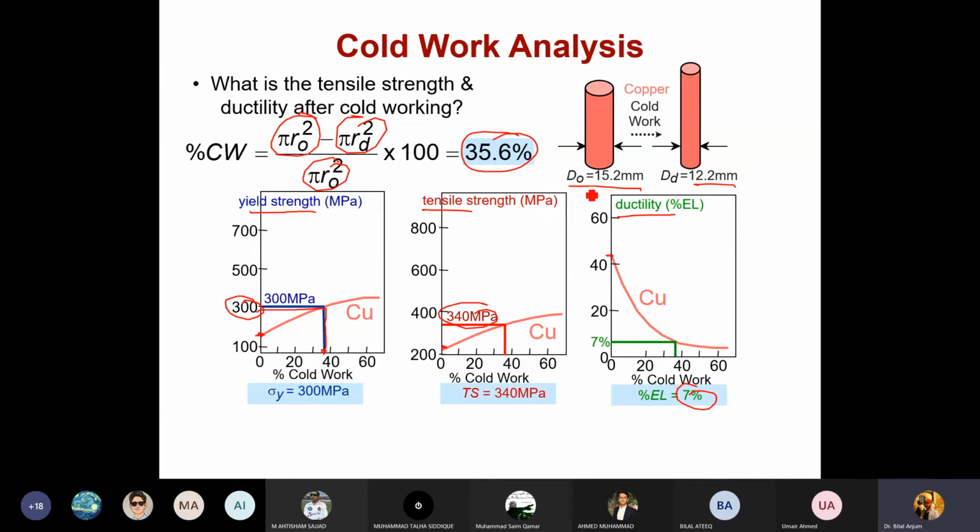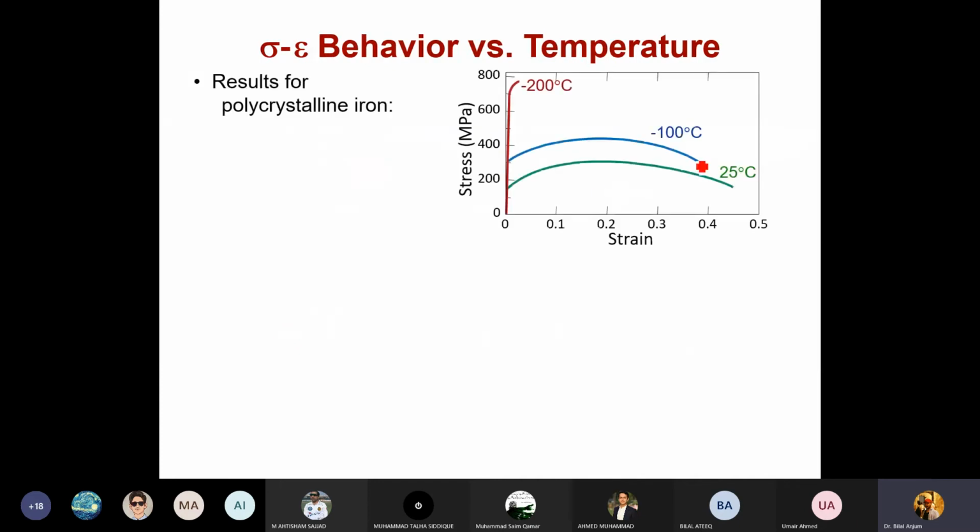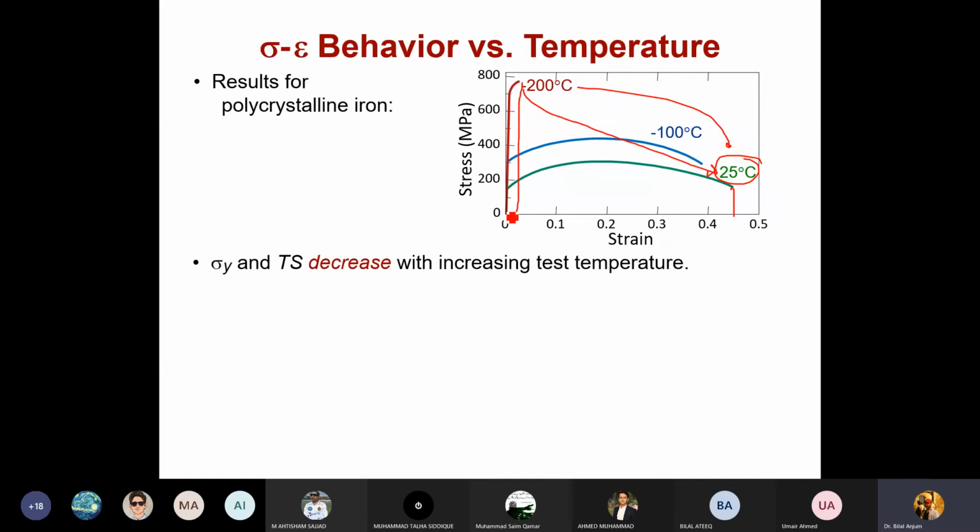Now the last thing that we have to look into is the effect of temperature. It says that as you increase the temperature, the ductility of the sample is increasing. From minus 200 to 25 degrees centigrade, the ductility of the sample has increased tremendously, and the yield strength and tensile strength decrease with increasing test temperature. That means the temperature has an opposite effect on the tensile strength and the yield strength. The reason being,